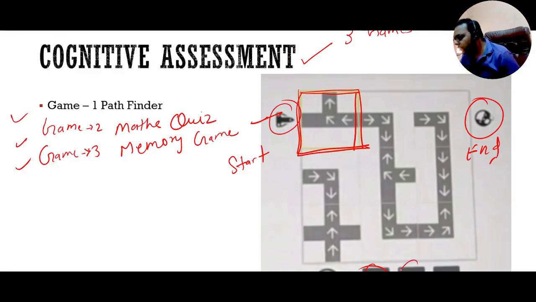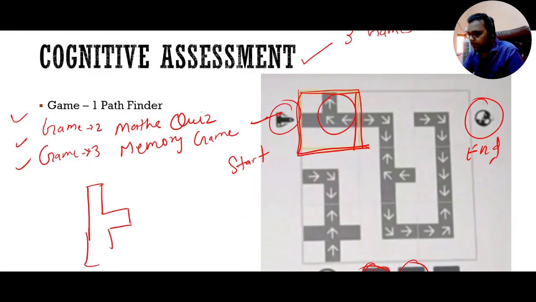Second option is change direction. The direction of the arrows can change in all directions. So you can use these two buttons, either rotate the arrow or change the direction of the arrows. You need to use these buttons to make the proper path. Now your path, when you use these operations, suppose you rotate it, so suppose it got rotated something like this.